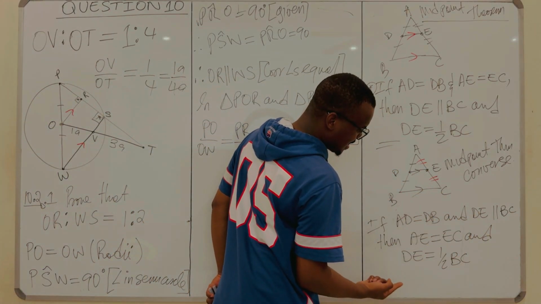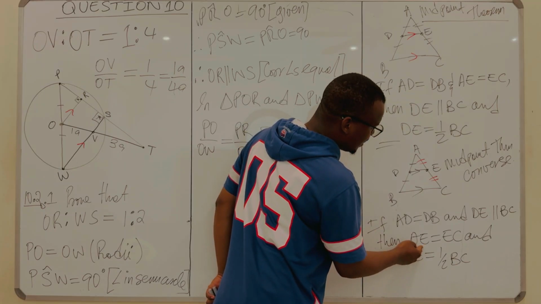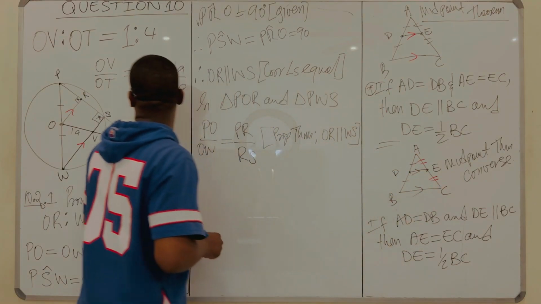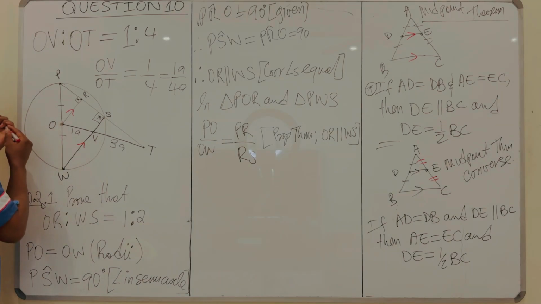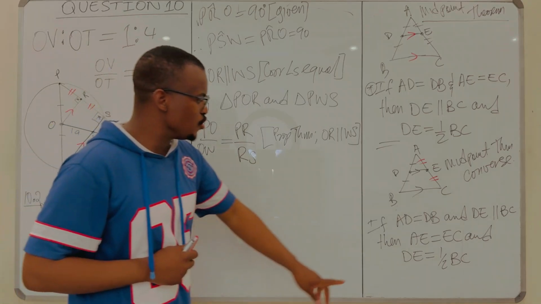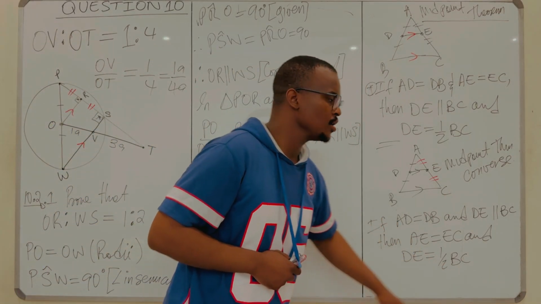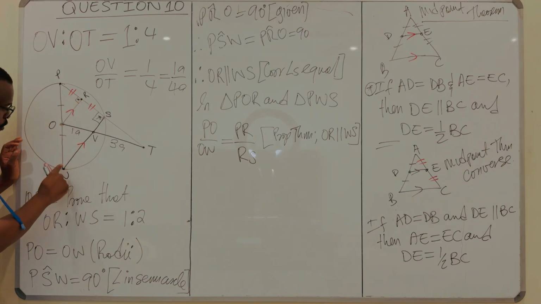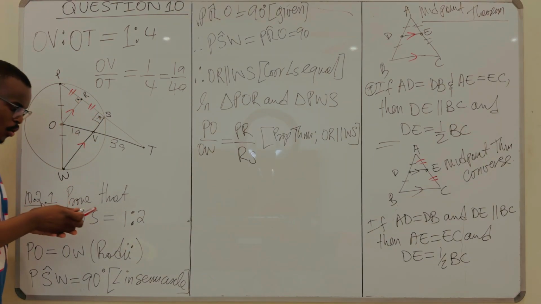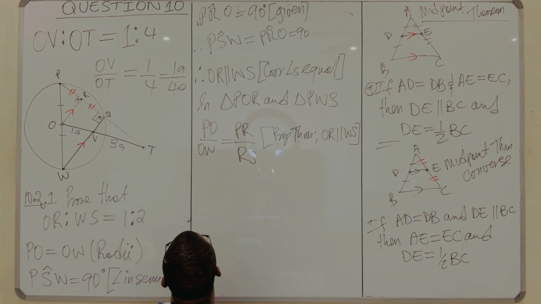So what you know is that now, this side should be equal to this side. So what does that mean? It means these two sides, this side is equal to that side, no problem. And also your DE is equal to half BC. So which means your OR in this case is equal to half WS. So what we're going to say, okay,